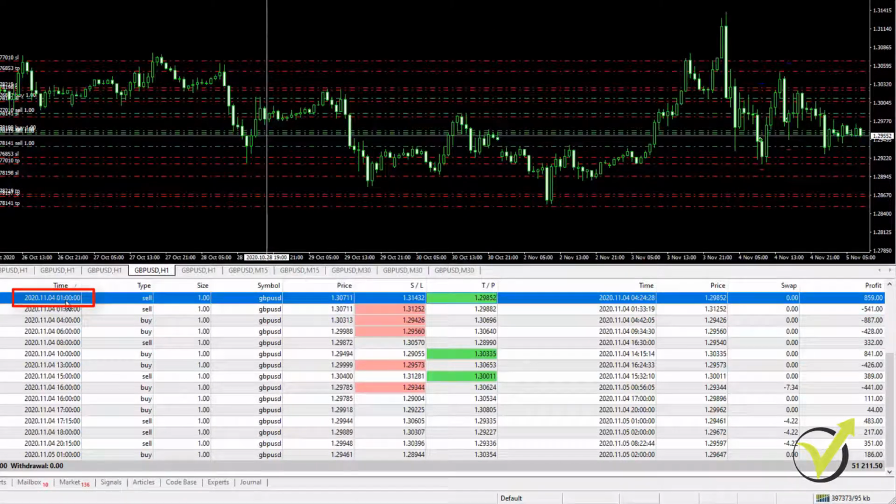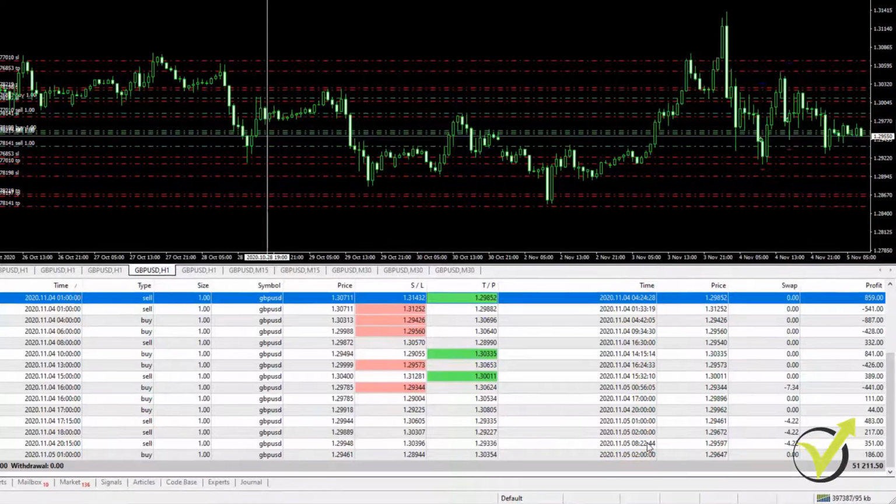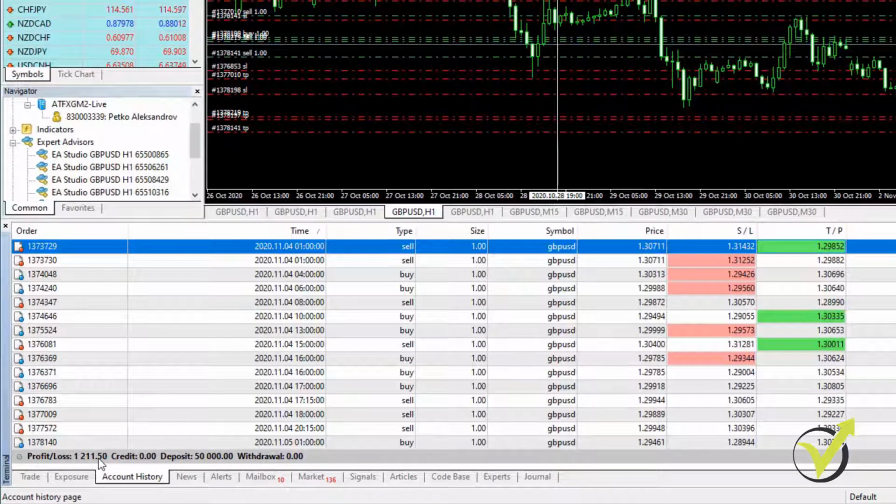Okay, so it was late at night on the 3rd of November when I recorded the video and when I placed the 10 expert advisors on the account. So they started trading just after midnight on the 4th of November, and you see that the first trades were opened on the 4th of November and then they closed on the 4th, on the 5th. So $1,211.50 is a fantastic profit for me for 2 days. This is just above 2.4%, right? Yes, in 50,000, 1,211 is just above 2.4%.